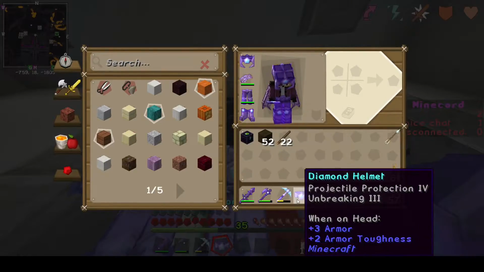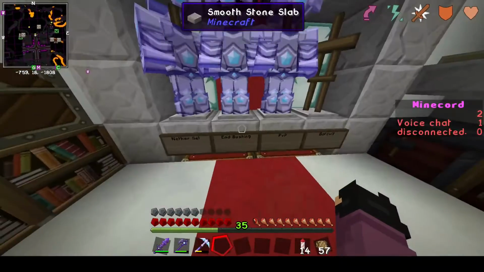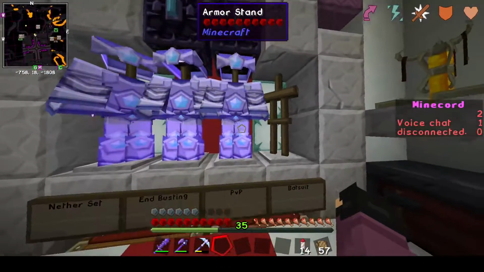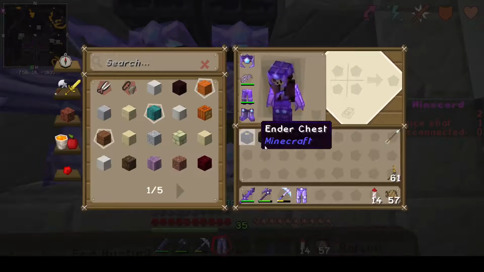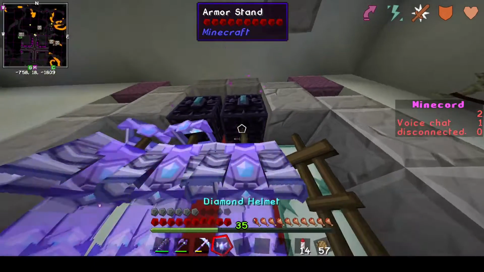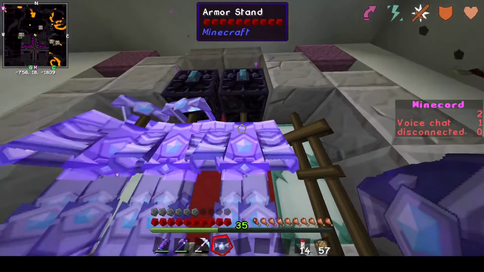I think maybe only the helmet. Yep. For all those pesky little shulkers in the end. This is our PvP set. It's just going to have generic protection, and it's also going to have thorns on it. I can't see if there's thorns on any of this stuff already, but it's also going to have thorns on